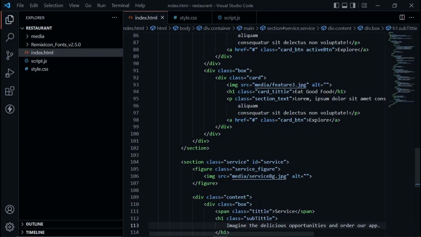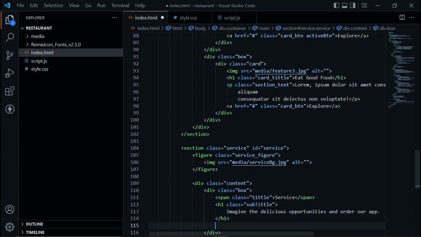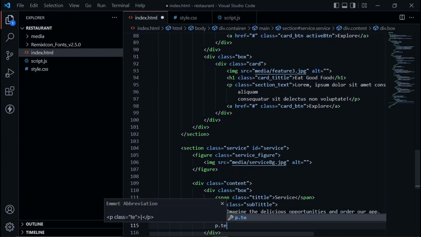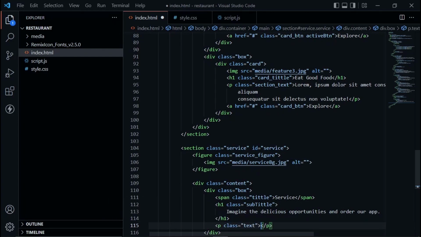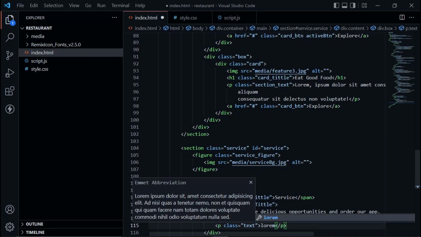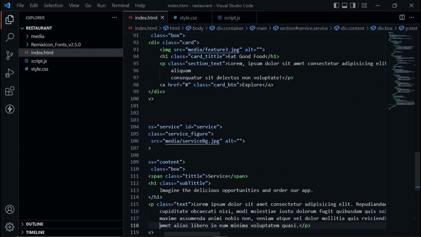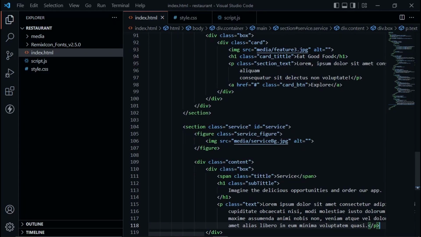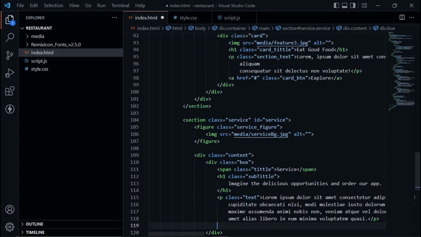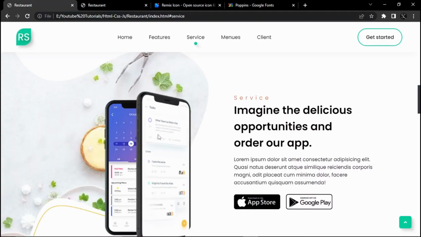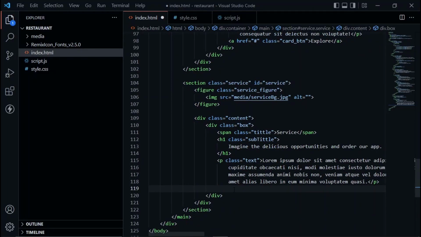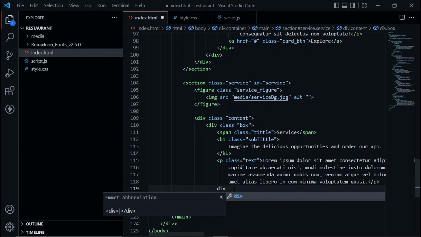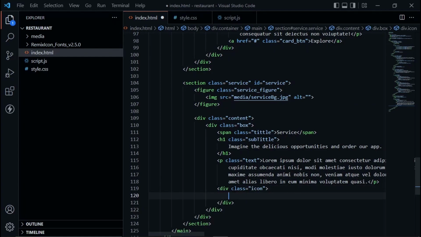And after the subtitles we will use text in this content. So here we will use one paragraph tag with the class name text, and after this text we will use these images. So here we will create one div with the class name icon, and in this icon div we will use one image tag,